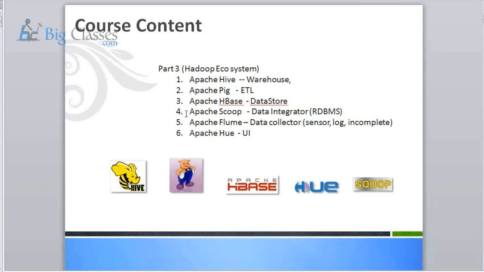And there are other popular ecosystem subsystems like Apache Sqoop. This is for data integration or bulk data loading. You might be wondering why we need a separate subsystem for data loading. Why can't we accomplish it with simple tools? You realize the power of it once you see the landmass of what we're dealing with, and why we need a sophisticated data integration framework to deal with these challenges.